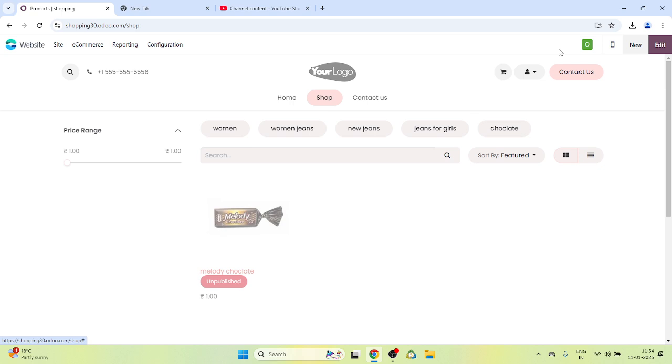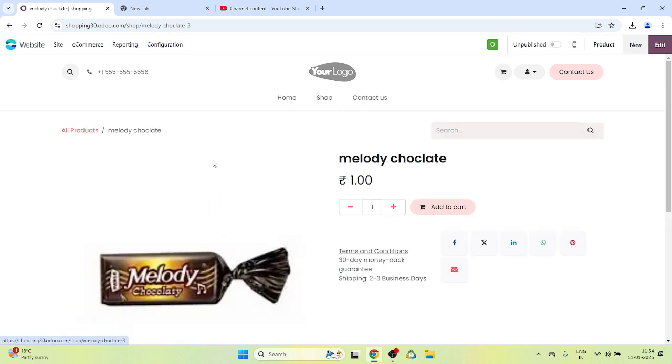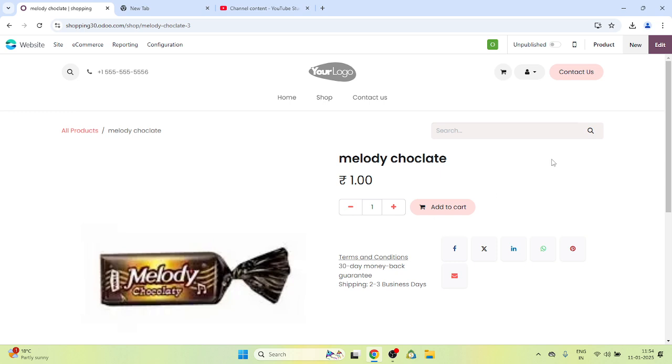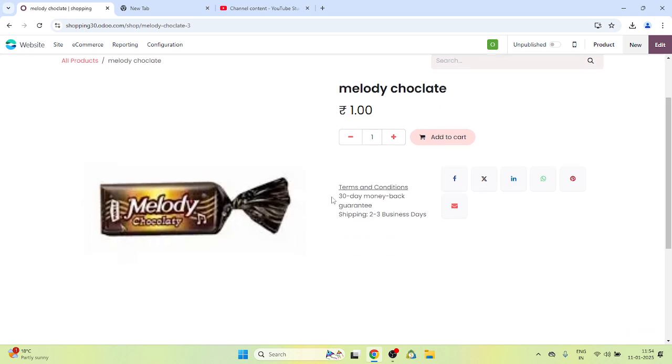And what do you have to do here? You have to publish it first of all. To publish it, you have to click on this Publish button, and only then will it display on the customer side how many pieces they will require. The customer can minimize or maximize the quantity they need, add to cart, and go to the payment option.